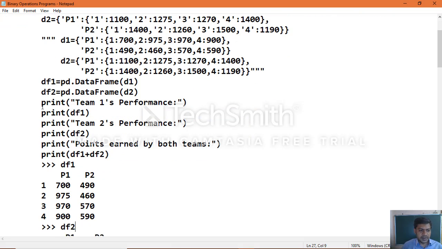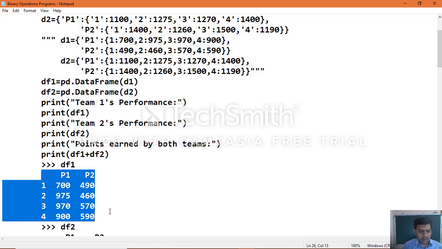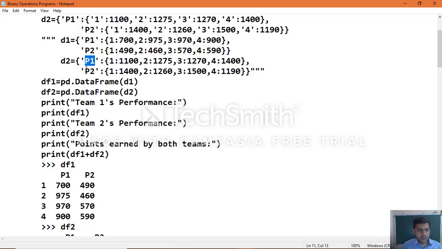Once you print df1 it will give the output as team p1 and team p2, and player 1, player 2, player 3, player 4. 1 2 3 4 are inner dictionary key names, and p1 p2 are outer dictionary key names. You can see clearly, this is p1 and p2, outer dictionary key names in dictionary object 2.